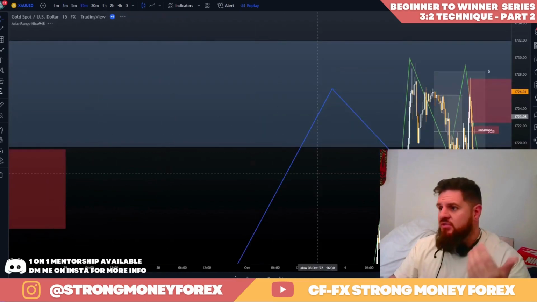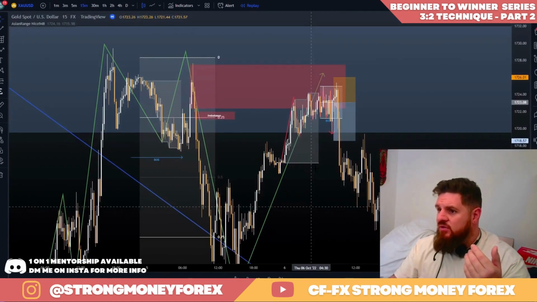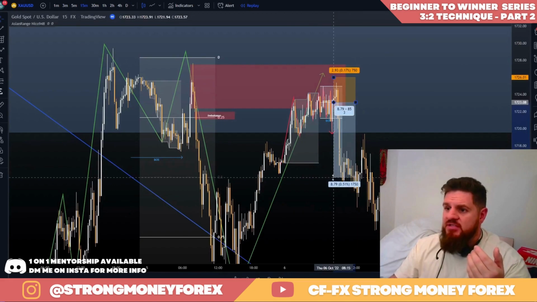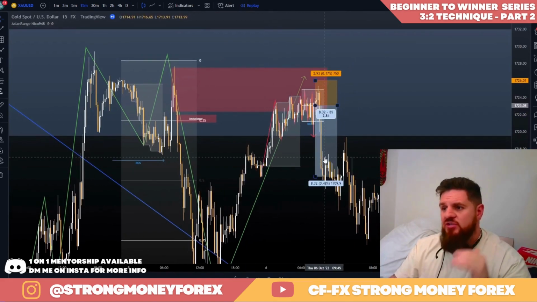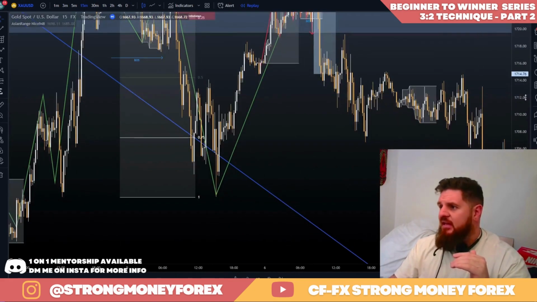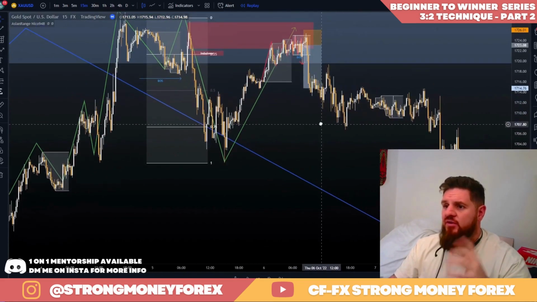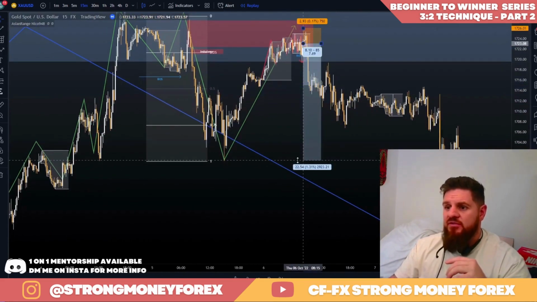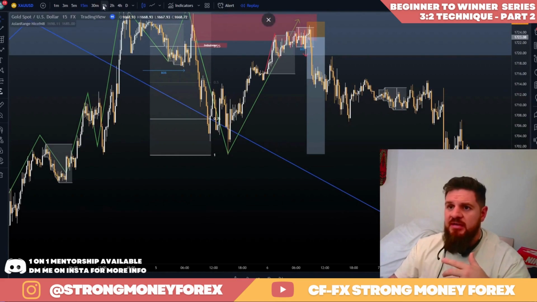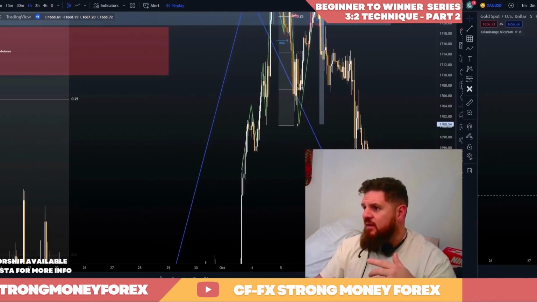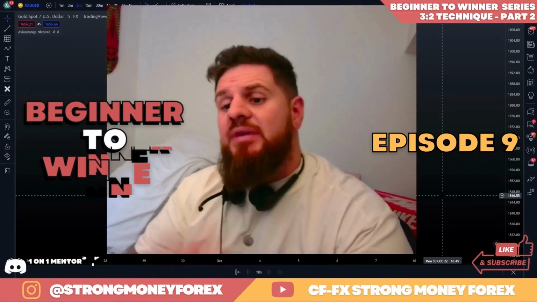You can then go up to your medium time frames and look for liquidity targets, which first target might have been down here. You get 2.8R out of the trade, and then if you're feeling brave and you've got these 3 time frames, you could then look for those swing points. That's a 7R trade, and then possibly, if you're feeling really brave,